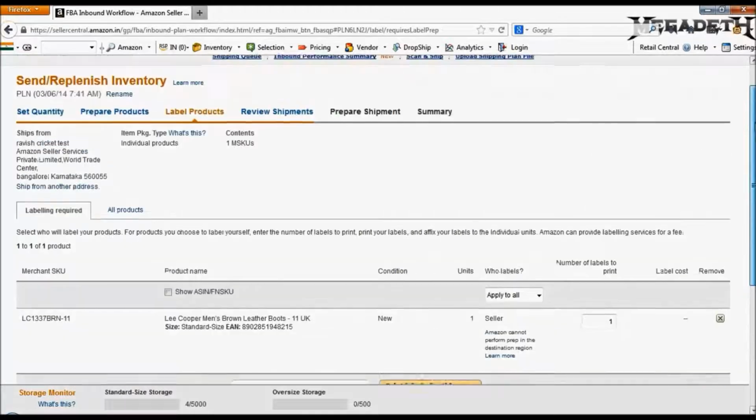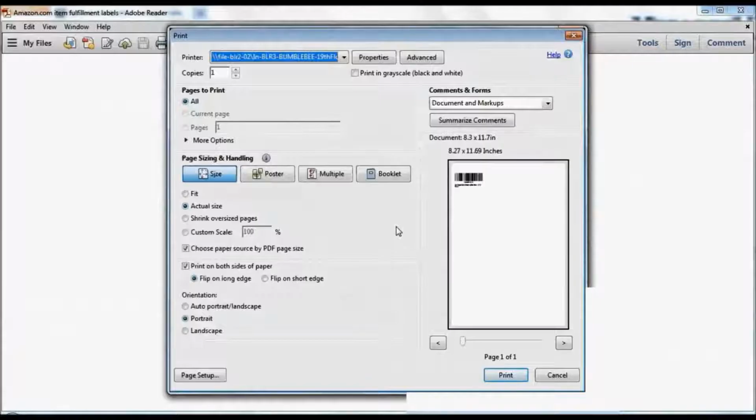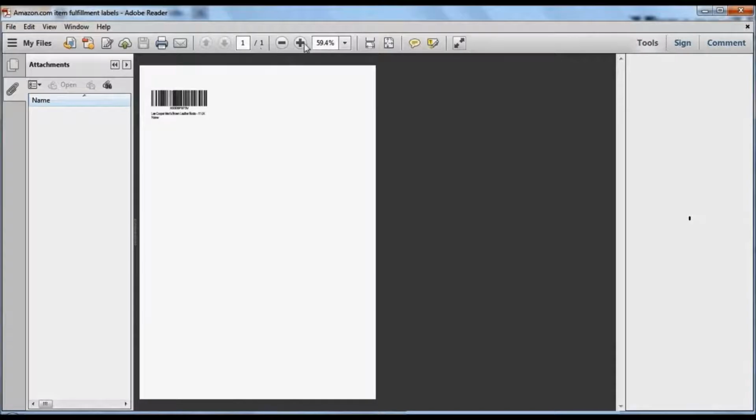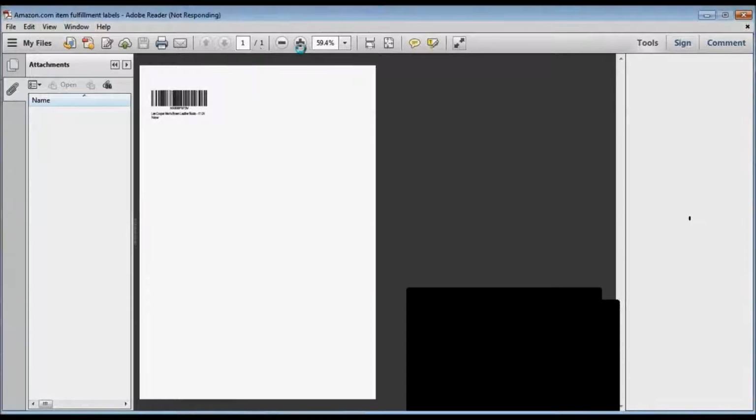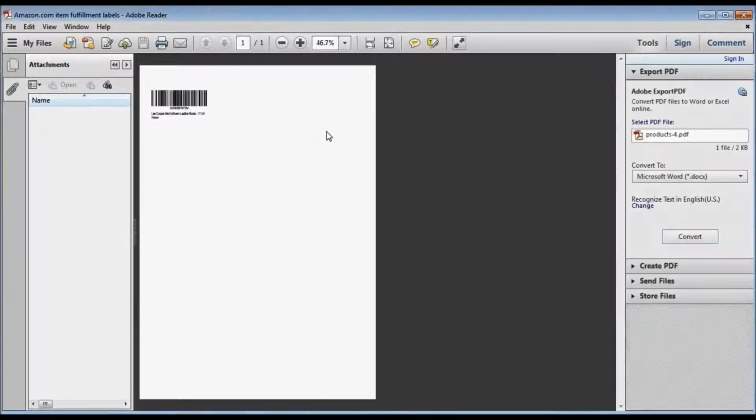Under this tab, which is the Label Products, you will have labels available at the bottom of the screen. You can click Print, and let me show you what this looks like. So your label will look something like this. These are barcodes that are specific to Amazon. So when the product reaches our warehouse experts should be able to scan them. So please make sure that you label all of your products with this particular barcode. You can match it according to the title and sticker them.